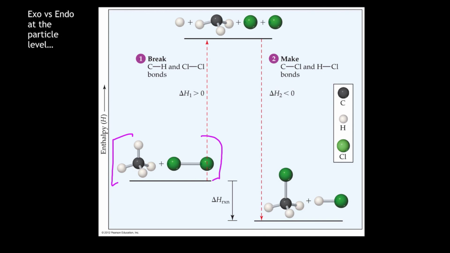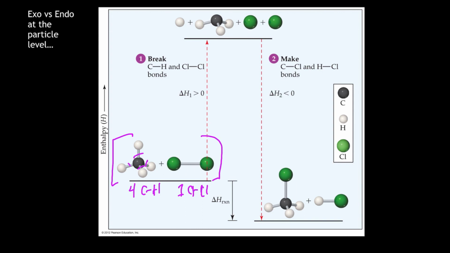You're going to break all the bonds. This is not a terribly good picture, but we should break all the bonds. So this would be 4 CH bonds, and this would be 1 Cl bond. So we're going to break all of those,